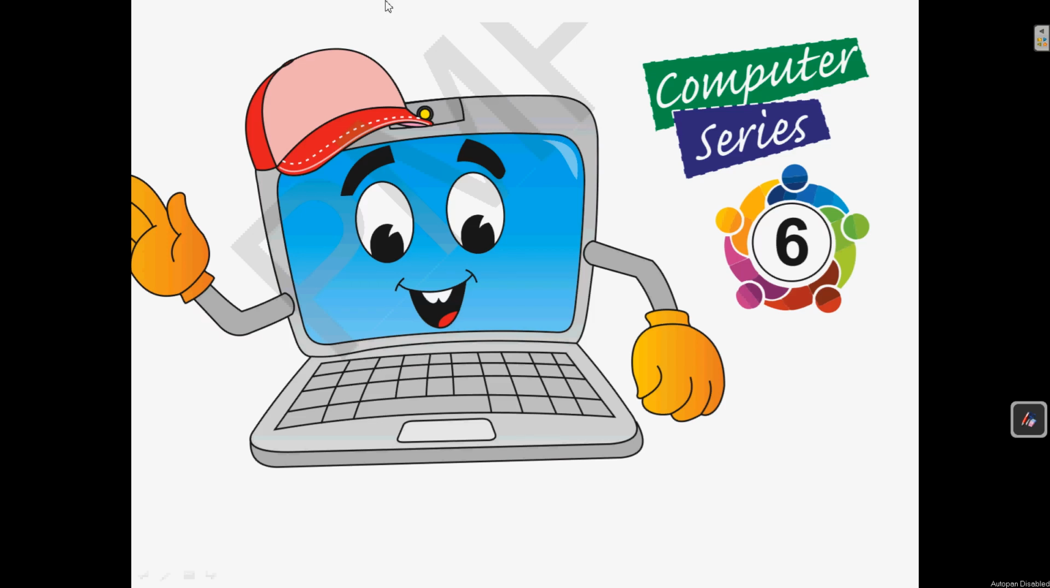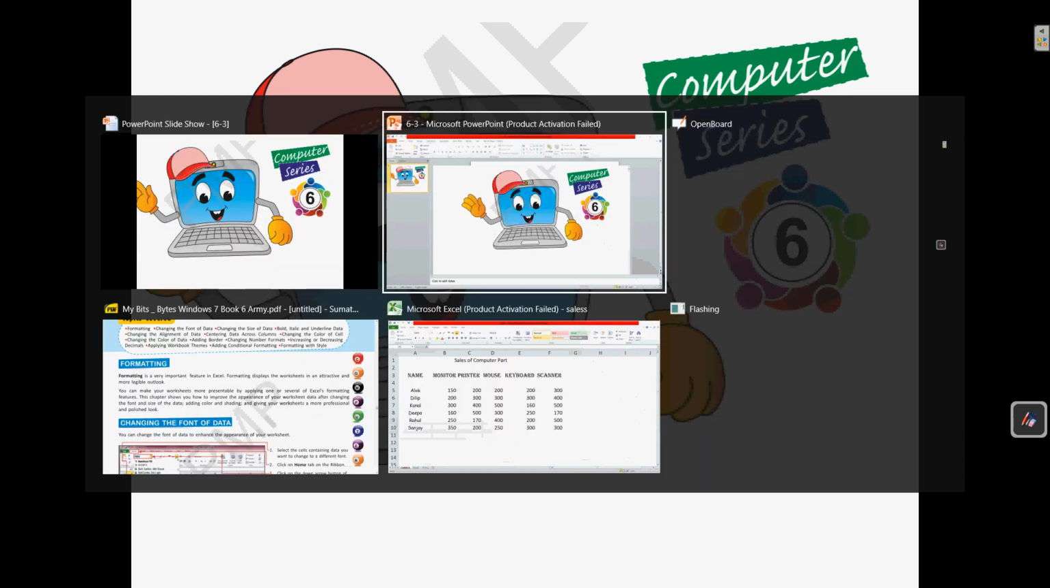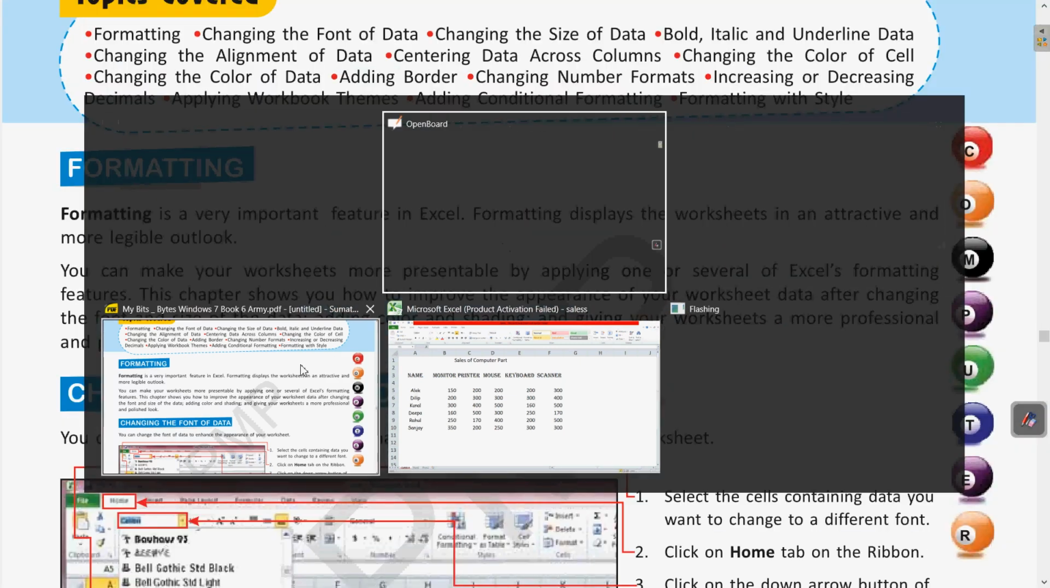So in the previous class we were discussing formatting the worksheet in MS Excel. In that we have seen various ways how we can change the font color and the font size. So let us quickly revise all which we have covered yesterday, and then we will move to the next topic. So previously, if we come to the book,